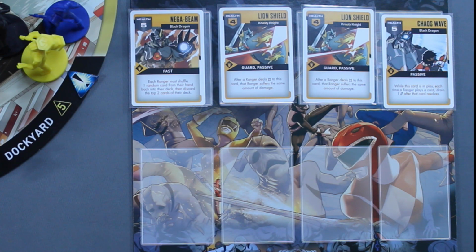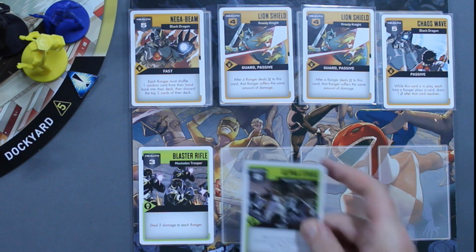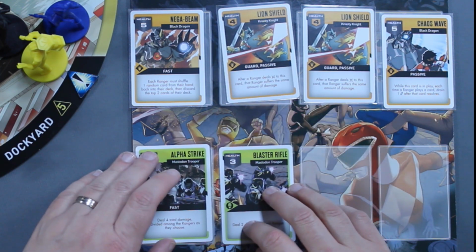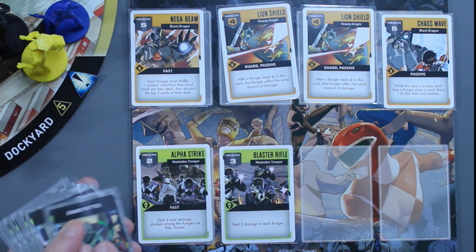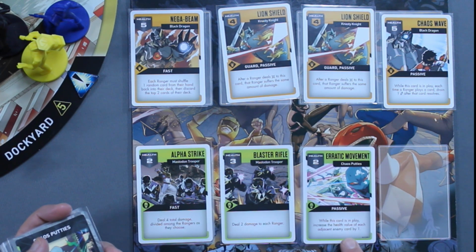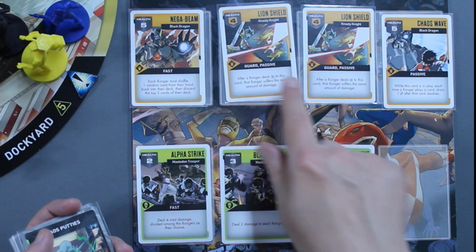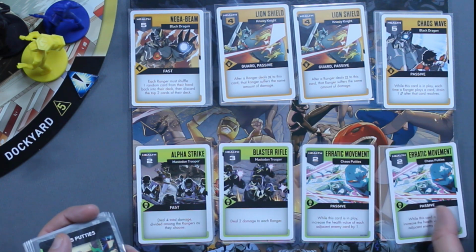We're going to go right here for the Mastodon Trooper. Blaster Rifle, that's fine. This can be a guard if it wants to. Nope, it's going to be fast. Deal 4 total damage divided as I choose among the rangers. That's really not that bad. The Chaos Bodies have a lot of super fast cards because that's just what they are. Oh man, while this card is in play, increase the value of each adjacent card by 1. So now that's a 5 and that's a 4, and this is...